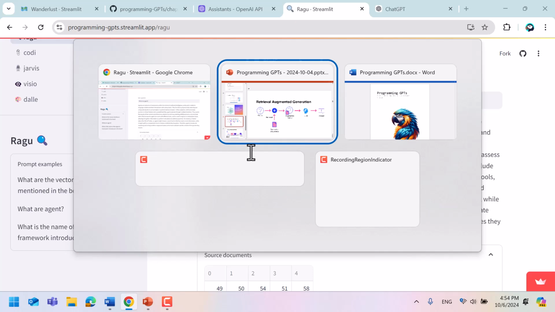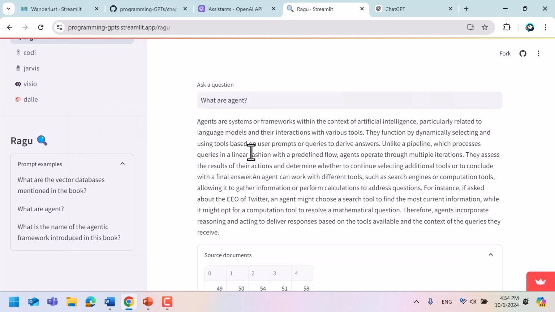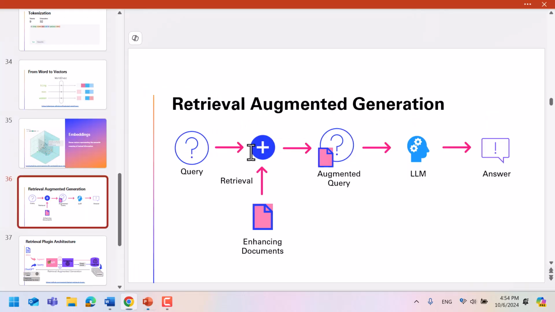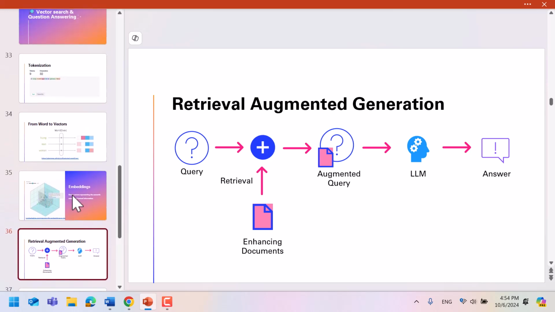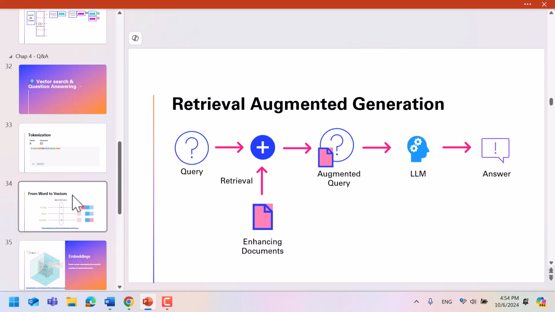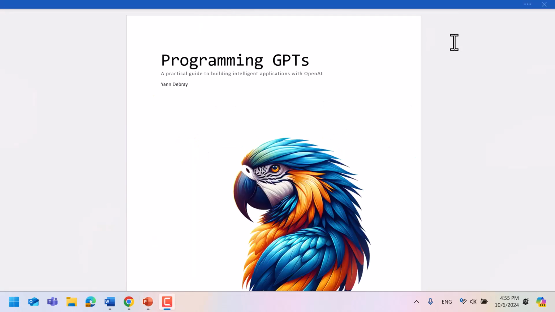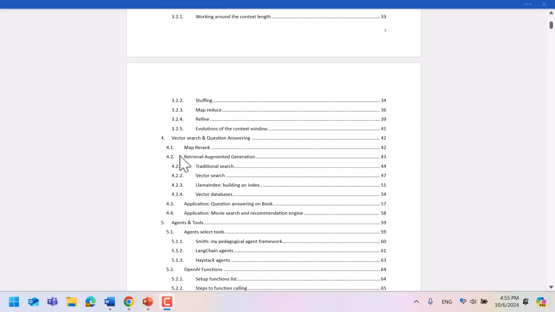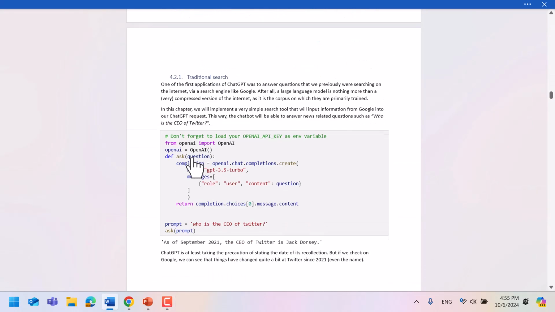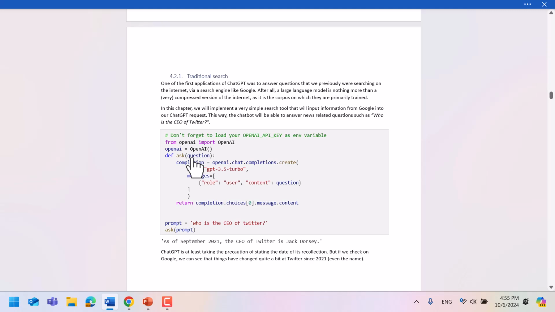So let's now speak a little bit about vector search and why we don't simply do traditional keyword search. In this case, I'm going to have to tell you a little bit more about the notion of a vector search and how it's being implemented. So in order to illustrate the notion of vector search, let's just go to the relevant chapter on that topic. And before we introduce vector search, we'll simply look at a traditional search approach.